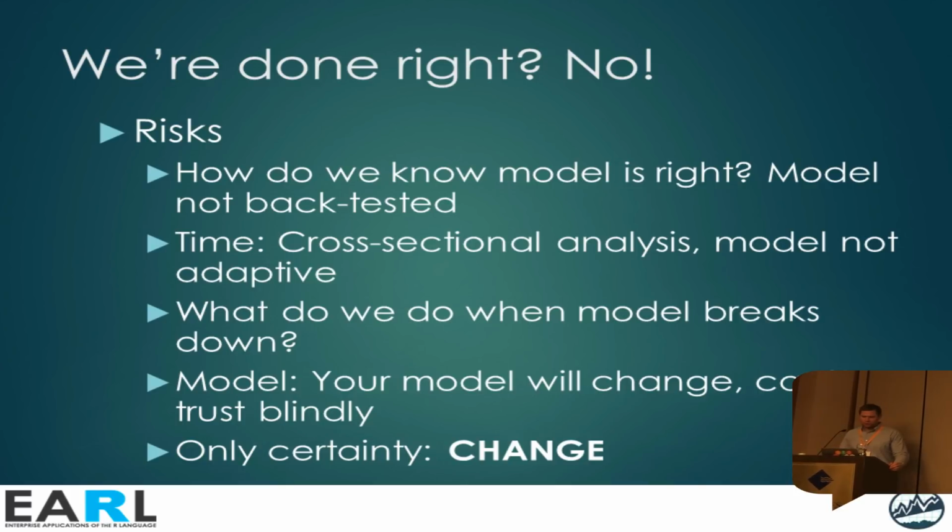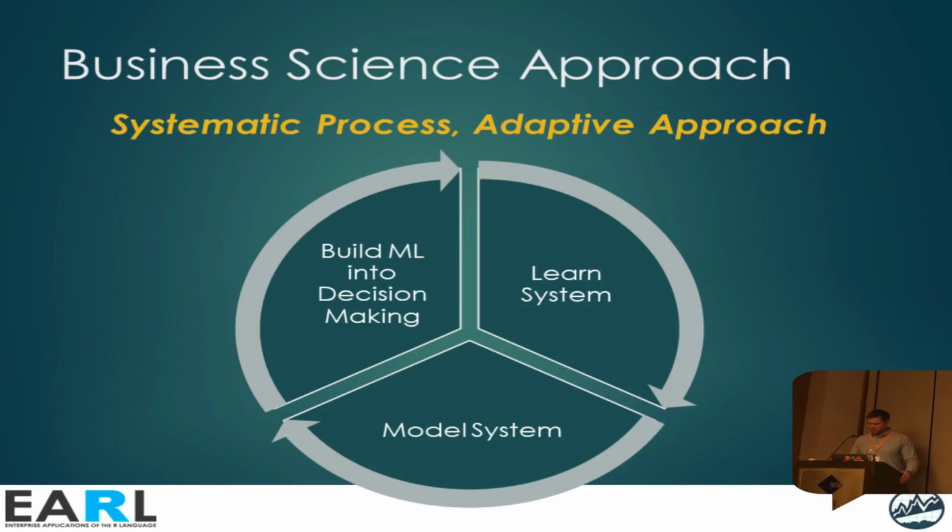What about when the model breaks down? Ideally, you don't want to let that happen. You want to keep iteratively taking a look at that model. Maybe not every day, but once a quarter or once every 6 months, to make sure that it's producing the results that you originally intended. So the only certainty here is that change is inevitable, especially in business data. So those are things you need to keep in mind. And that's where business science comes in, because not only do we help you build these nice models, we also make sure that they continue to run and make sure your executives are using them properly.